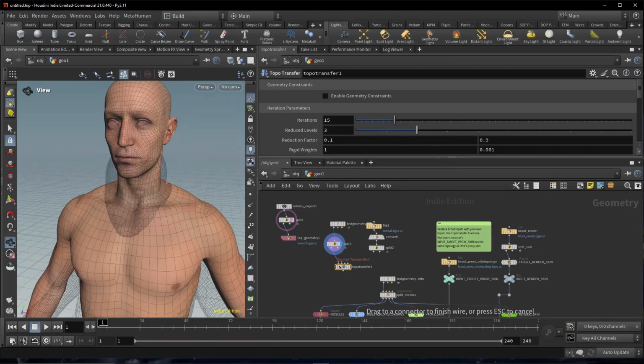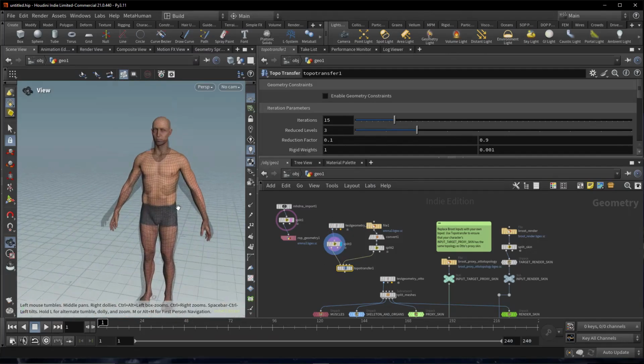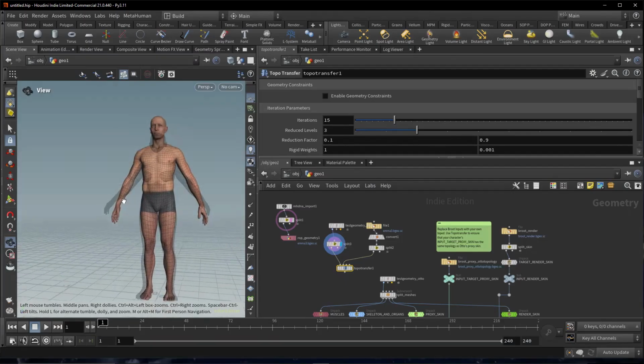So let's connect the first input to the test geometry split node and the second input to our character split node. Okay, now that we have that set up and our character is about in the same position as our template character,